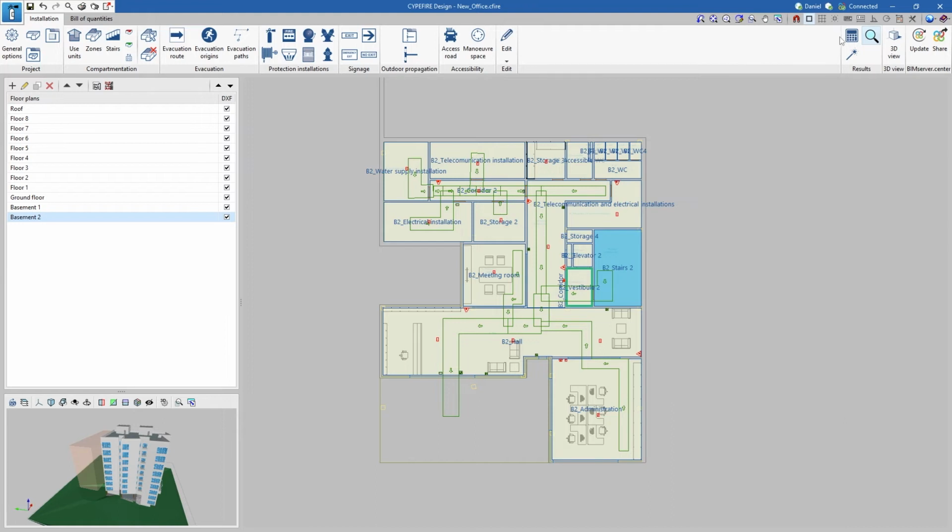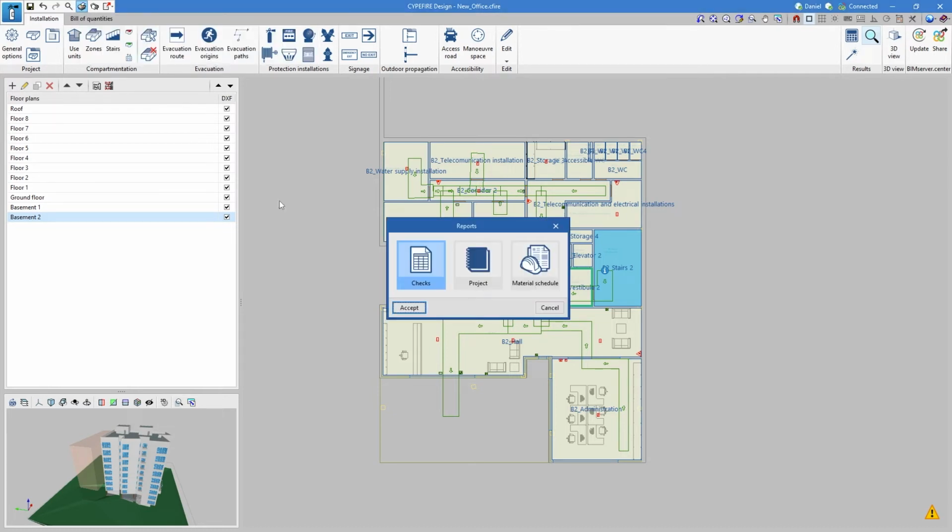Okay, now once we have defined the fire protection project and all the elements, we are able to calculate and let the program generate the analysis and also the reports that we are going to have. So how can we access all those reports? Here on the top, we are able to get all the checks that we have defined to carry out